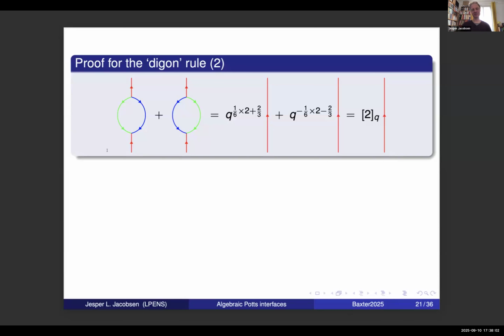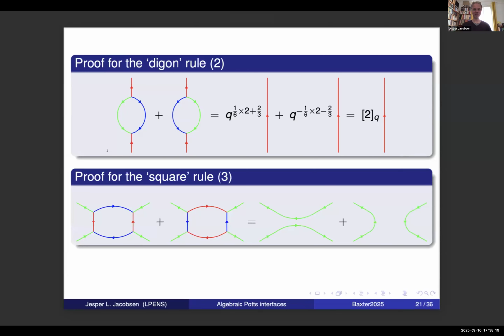If I now take the factors coming from the local terms, and if I take these q to the plus minus 1/6, it turns out that this will actually sum up to the number 2, q deformed. So I have my second rule, and also the third rule with a little bit more of a pain. It can be shown to work regardless of what are the colors of these 4 external legs here. They are taken to have the same color.